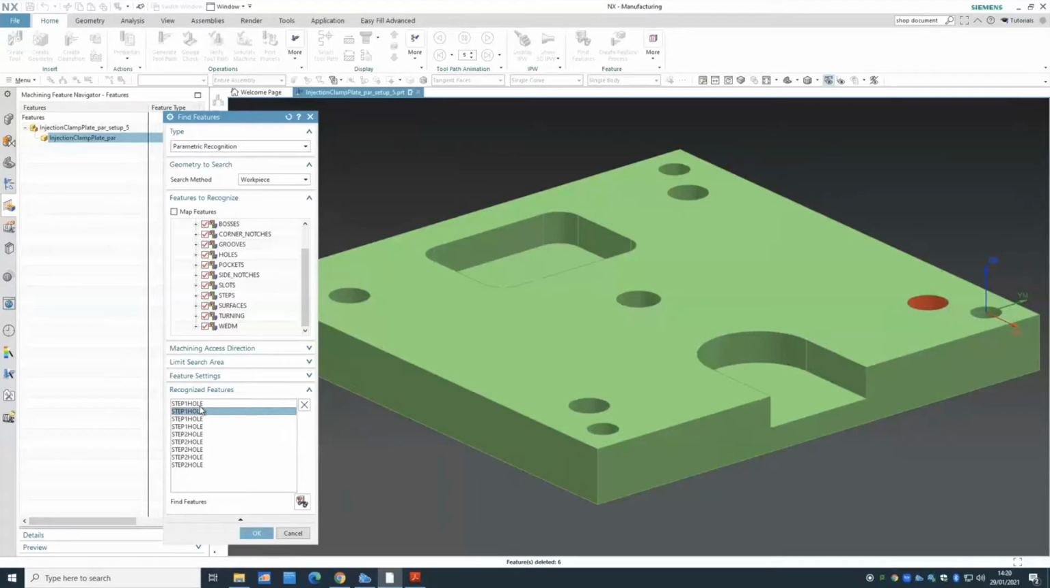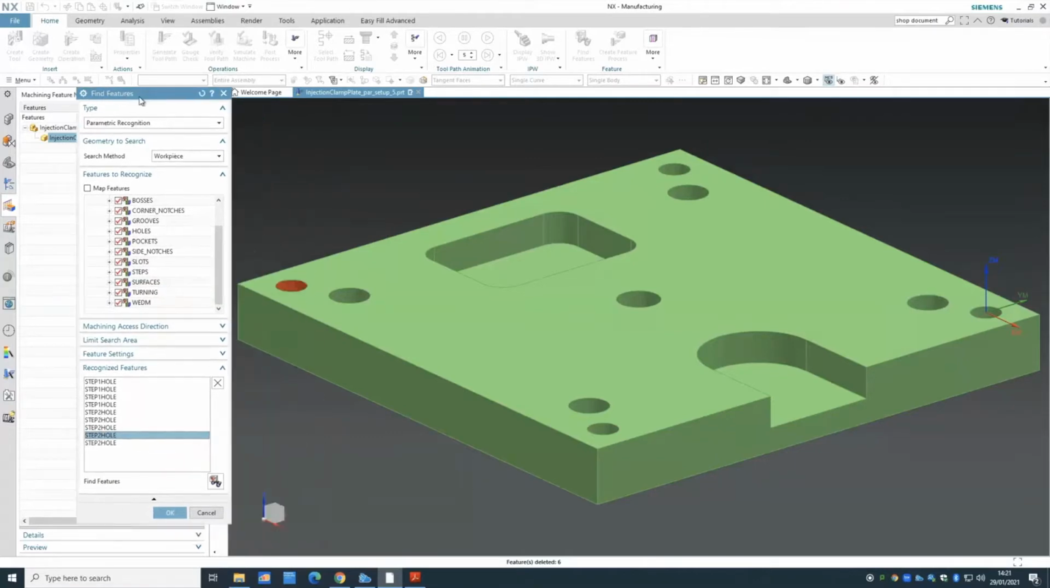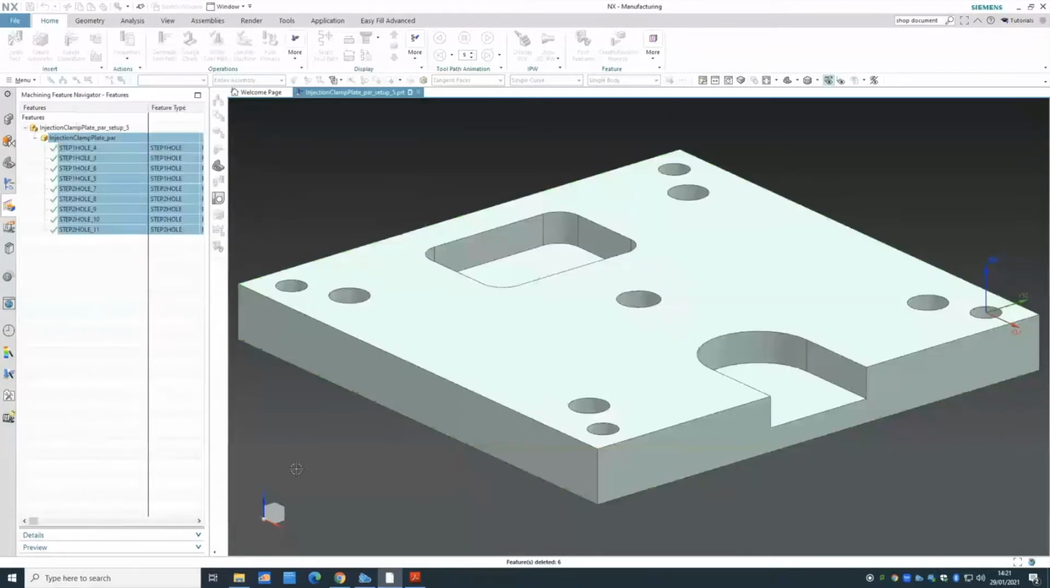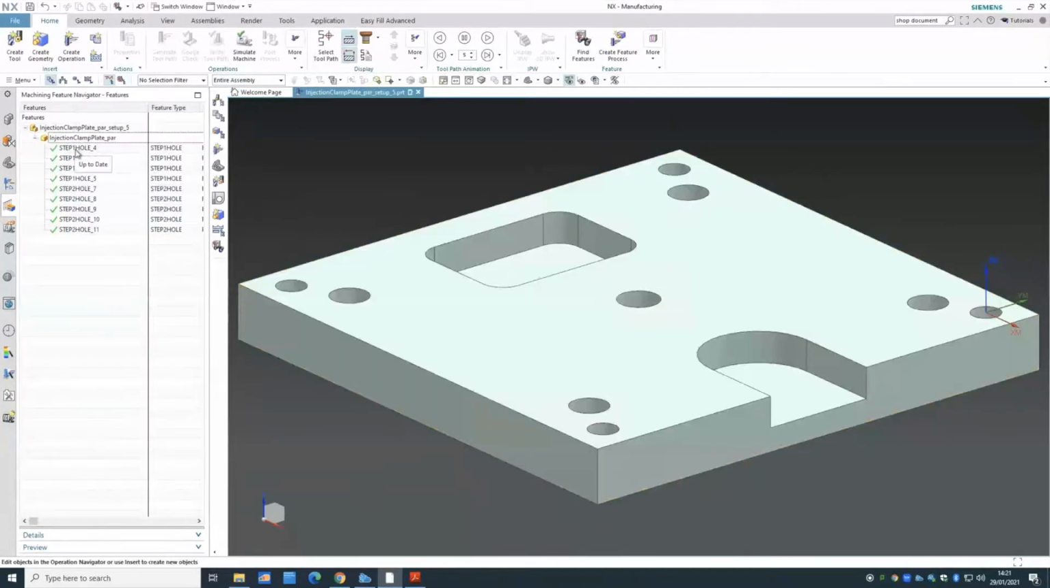1, 2, 3, 4, 5, 6, 7, 8, which is the one at the back, and a 9. And also remember the sequence of it, because based on these kinds of features, the machine is gonna work with those in terms of sequence of numbers. But it's okay right now. We found 9 holes that we're gonna work with, and I click OK. If I click OK, you can see that I created 9 holes as features under the injection clamp